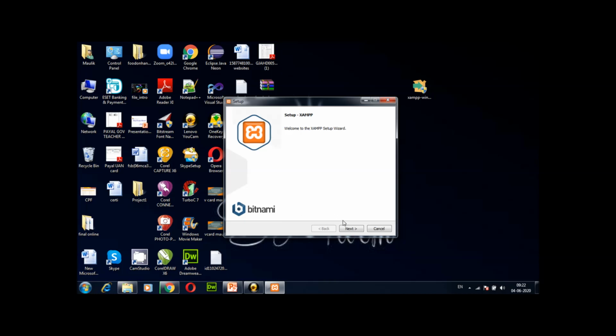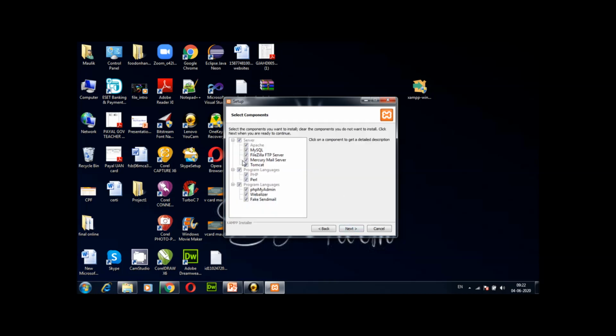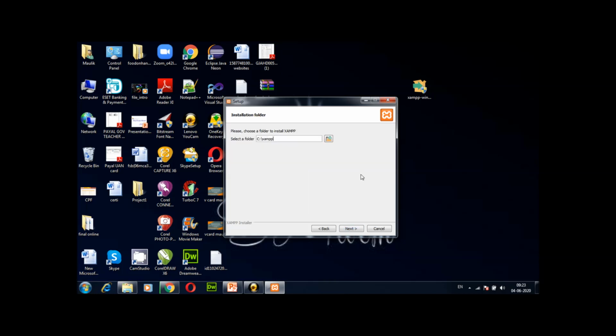I will go for next to set up the XAMPP server. Here is a list of applications included in the XAMPP server, and these are all checked. These applications are all used in future for web application development, so I will not uncheck any application. I go next for the installation part.